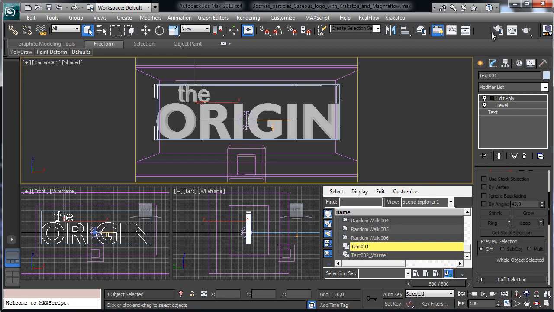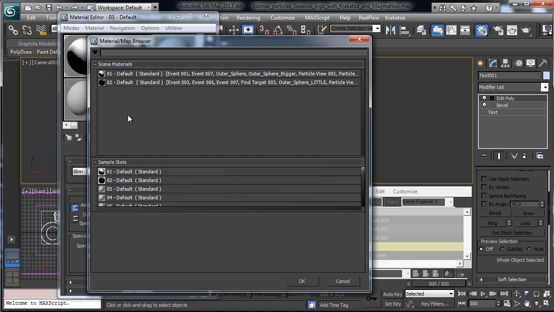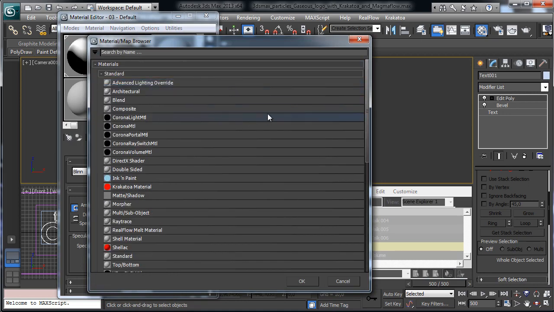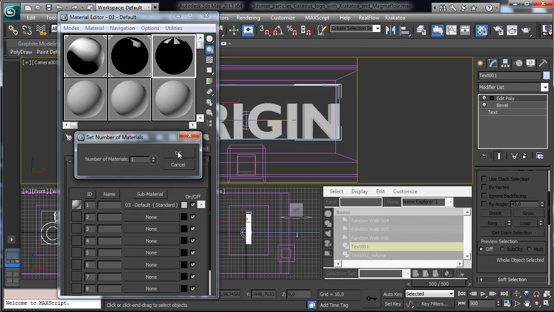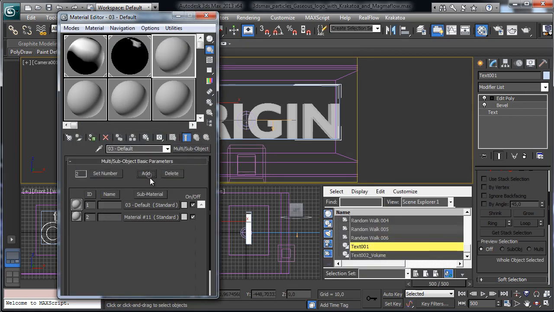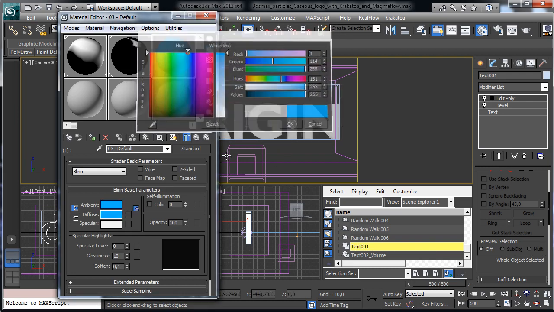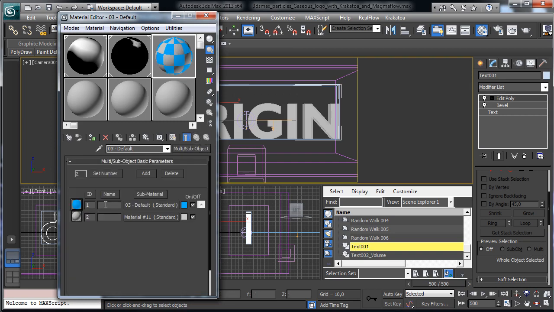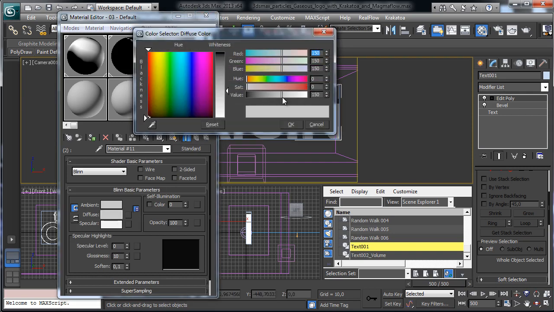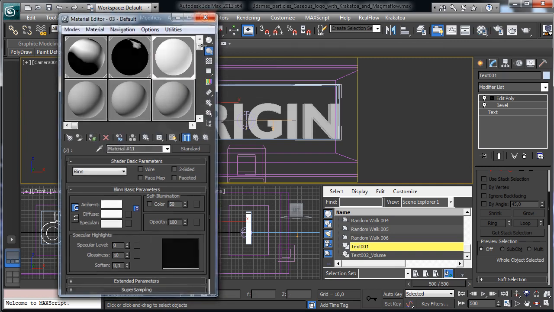Now we can add a material. We go for something really simple. So let's go to see the materials, and we go for a multi sub-object. Keep hold. We can use just 2 materials. That's it. Okay. The first one will be a bluish. Let's say that it's 50% self-illuminated, and the second one will be a white color, and also this one will be 50% self-illuminated. We just assigned this one,